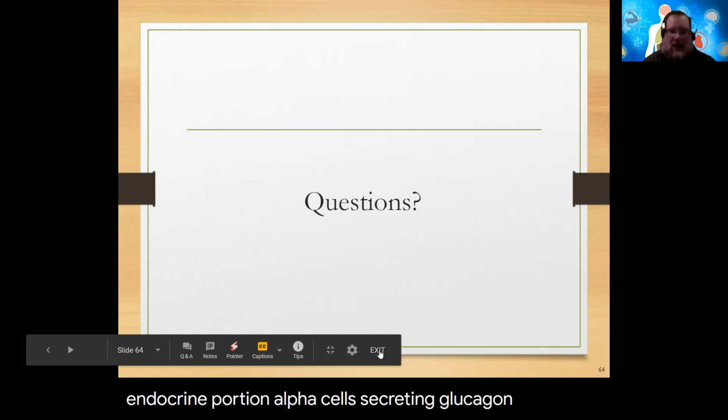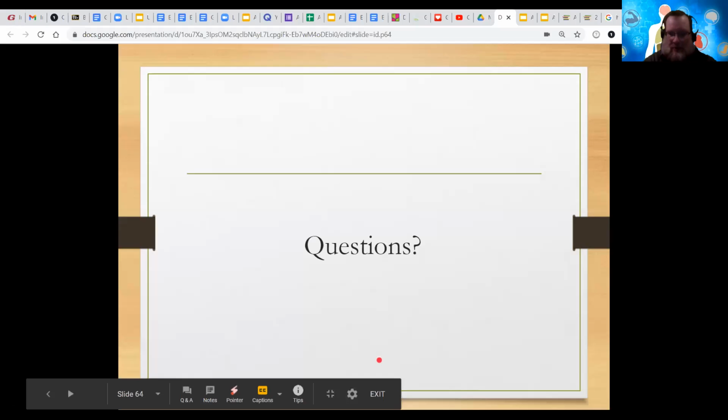Again, it's part of the endocrine aspect of the pancreas. So that's it for digestion. You guys